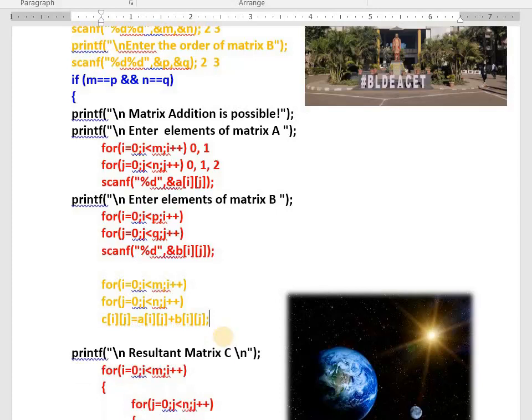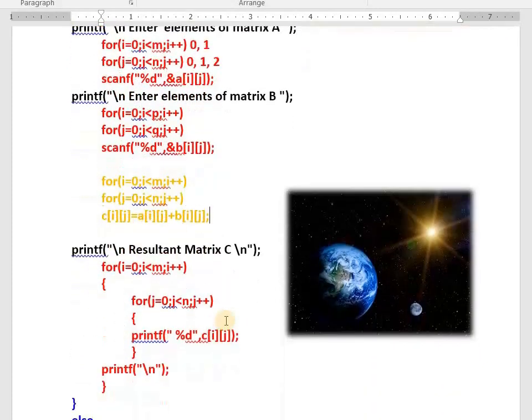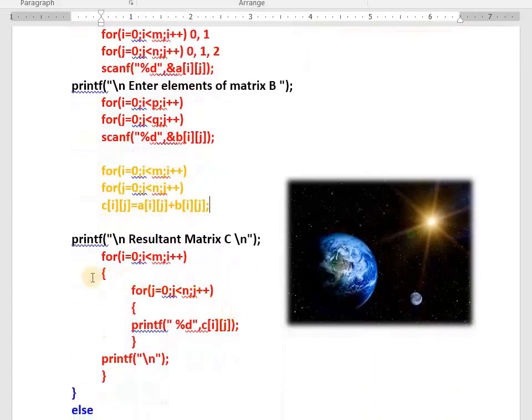Next, you have to print it back on the terminal. Resultant matrix is so and so. Outer loop is for row index, inner loop is for column J. Then we need to print the element here. You can use the space here, or you can use the slash t also. After printing the first row elements, move the cursor to the next line. That's what this printf does. You can use it above the inner loop also. First we move the cursor, then we print the row elements. Otherwise, first print the row elements, then move the cursor to the next line. You can use it above or below the inner loop.